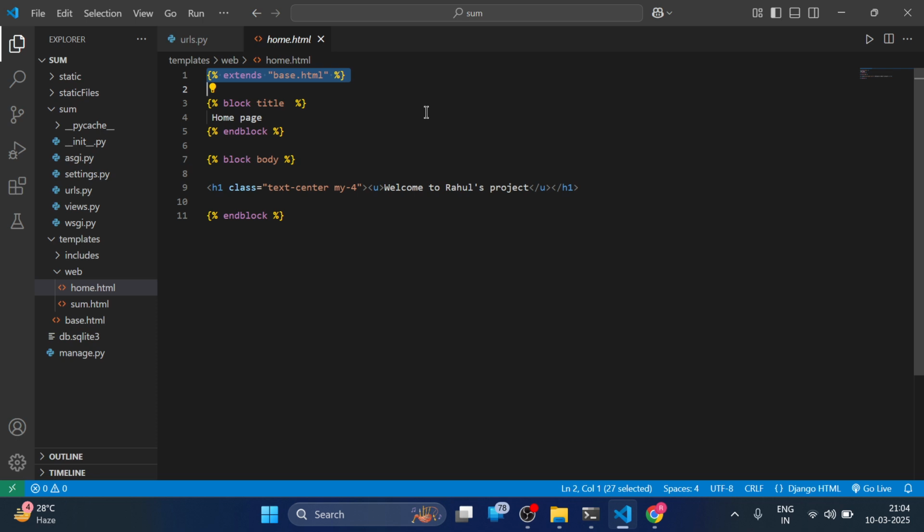So you might be thinking this is not a regular HTML page. Yes, you are absolutely correct. This is not a regular HTML page. Instead, we have used the Django template engine, Jinja, so that we can. That is the reason we have used